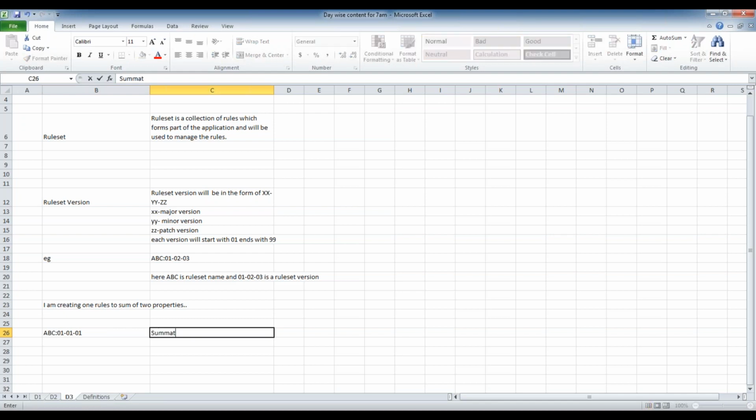My rule name is summation. So I saved this summation rule in version 01-01-01. Later I came to know that the summation is correct, but I referred to wrong properties in the summation. I need to rectify that. Let's say here I need the summation of two properties, x and y.